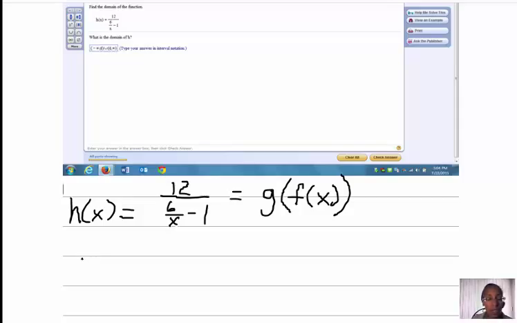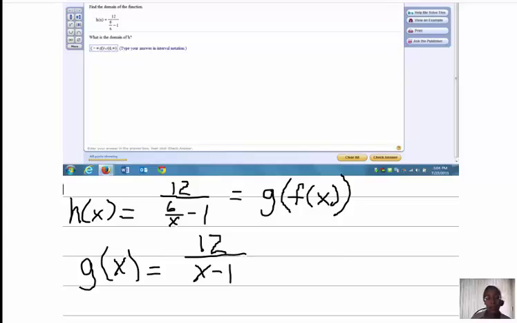So when I've got a function, there's more than one way to set up the composition. For this problem, though, this is the most reasonable way to set the composition up. So first of all, g is going to be the function that has 12 in its numerator and simply x minus 1 in its denominator. Now notice what I did. Instead of writing this expression 6 over x, I simplified that and just wrote that as an x in the